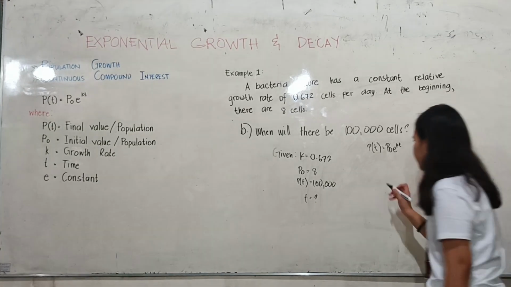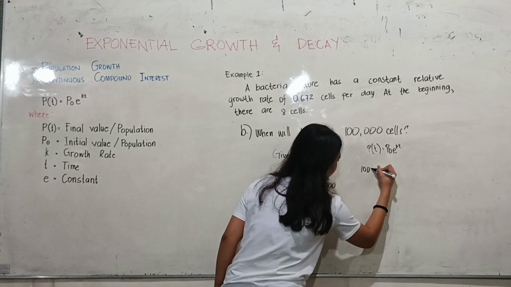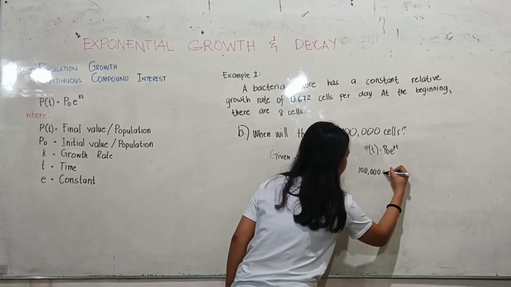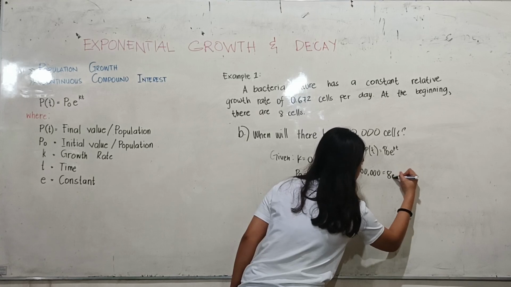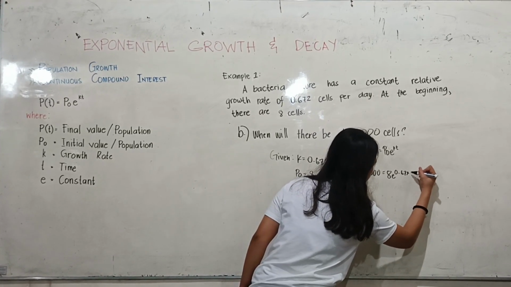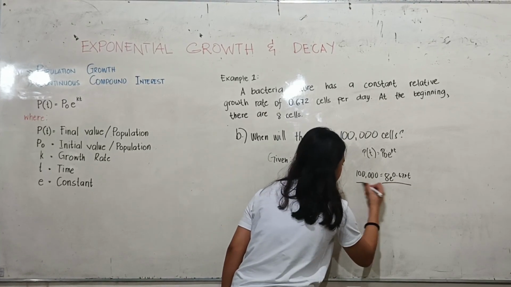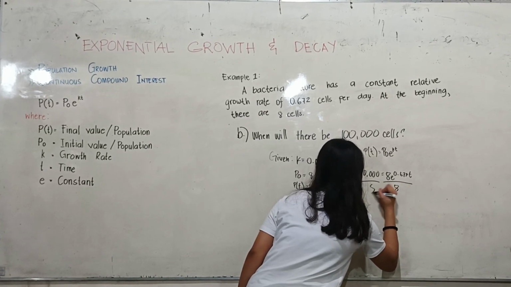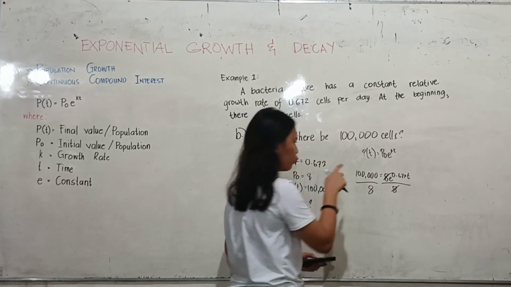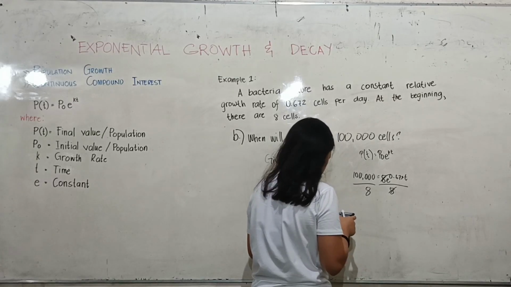So substitute the given: 100,000 equals 8 e raised to 0.672 times time. So divide both sides by 8, and then cancel 8, and then divide 100,000 over 8 equals,